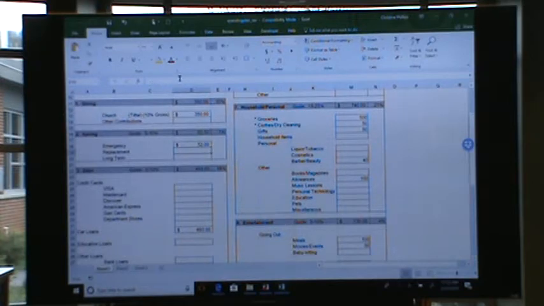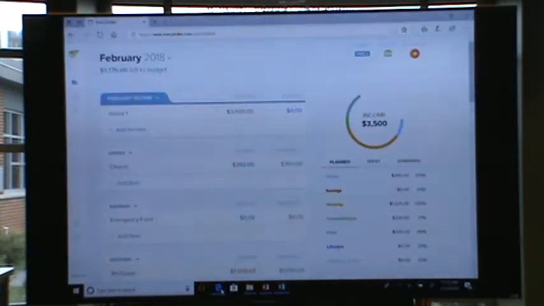All right, and this is the online version of EveryDollar. And what I did is, I just started populating it. I didn't fill it out all the way, just to have something for an example. But really, you would go through this very similar to the paper, and I'm not going to go through every single one like we did before.